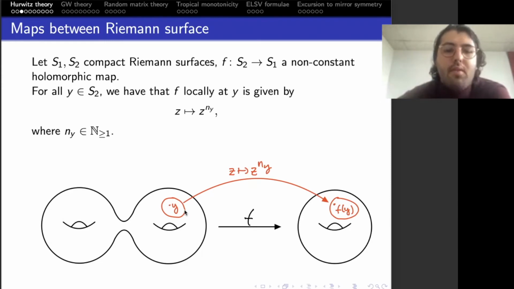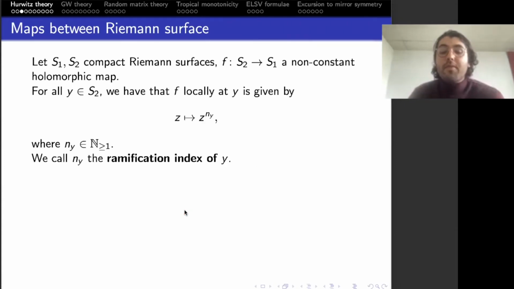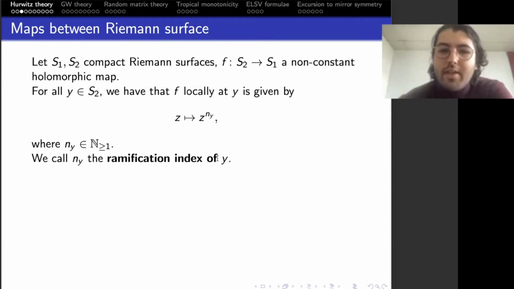So of course you have to choose the charts in such a way that you actually get a monomial map. But once you choose charts in such a way that you have a monomial map in the local coordinates, this n_y is invariant. So this n_y is an invariant of the map at the point y. First of all, we call this n_y the ramification index of y. So this is the name of this n_y, and this is going to be a very important notion in the